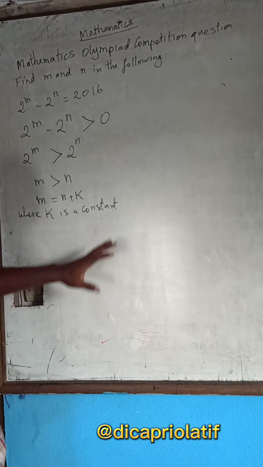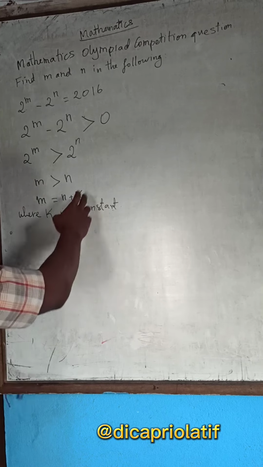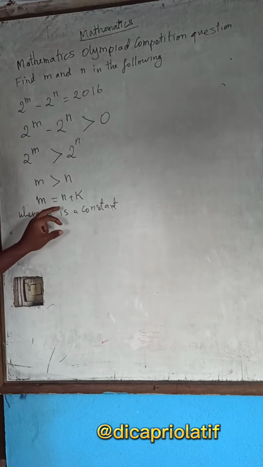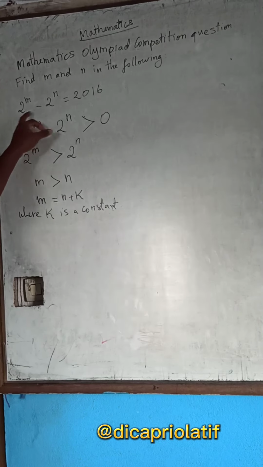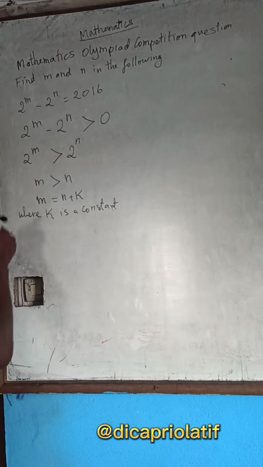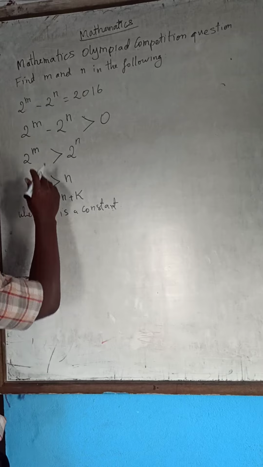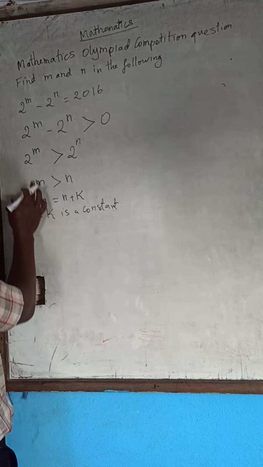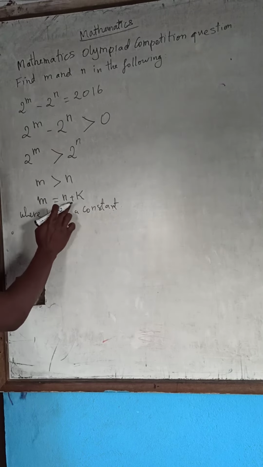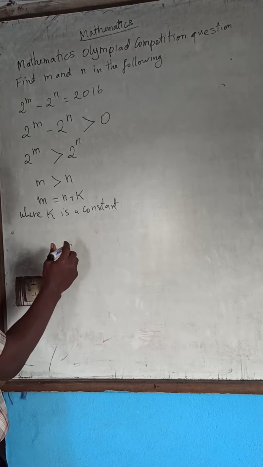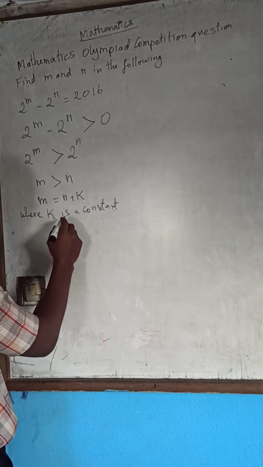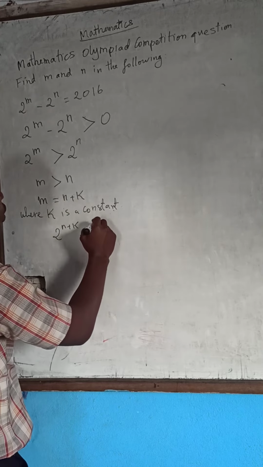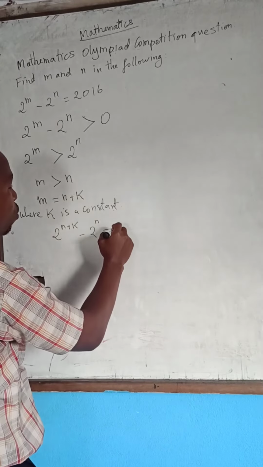So now we can go and solve the question. If k is a constant like this, we will substitute the value of m in this equation. The equation initially, remember, was 2 raised to the power m minus 2 raised to the power n. So wherever you see m, you change it with its real value, which is n plus k. That is 2 raised to the power n plus k minus 2 raised to the power n equal to